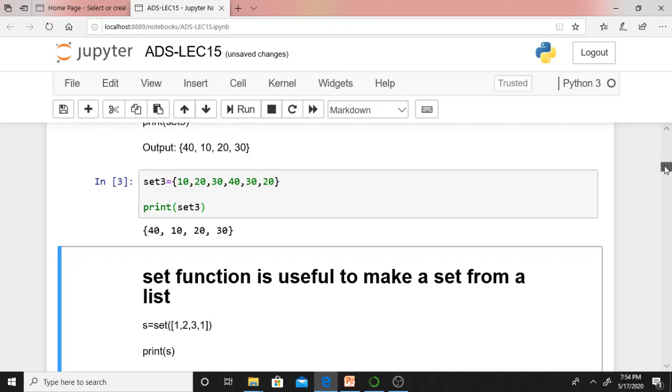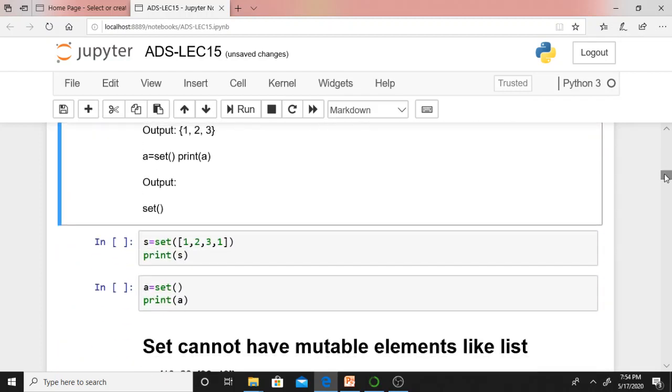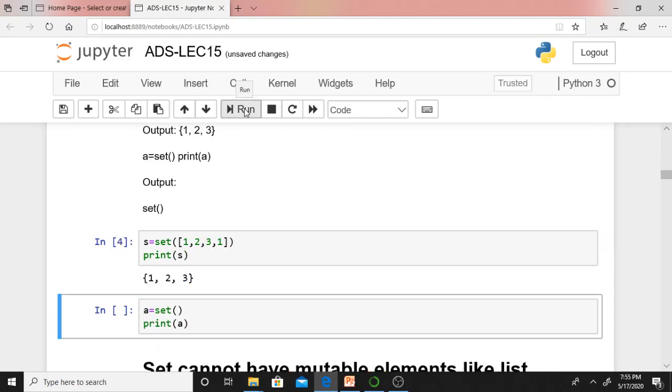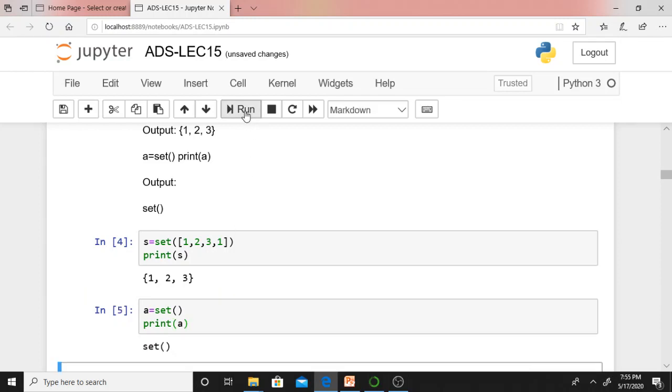Even for sets, there is a function known as the set function. By using the set function, not only curly braces, I can create a set by passing a list. If I pass a list, it will create a set. Just see, even if a number is repeated, repetitions are not allowed. Even by using the set function, I can create an empty set.